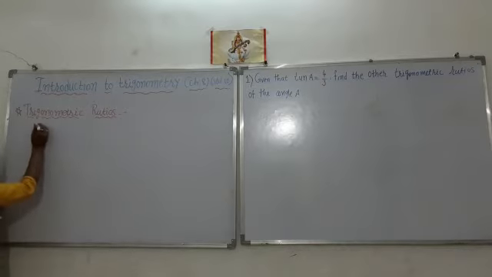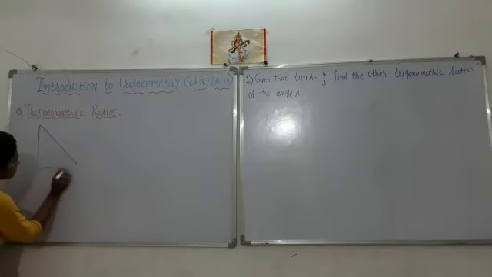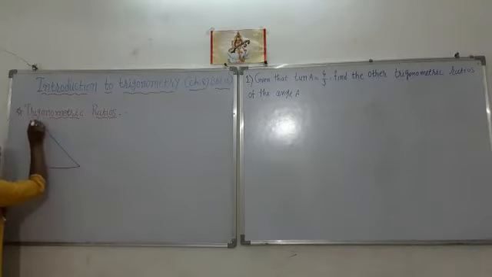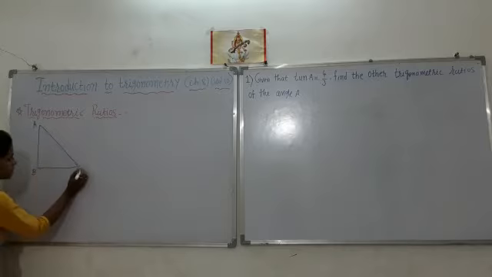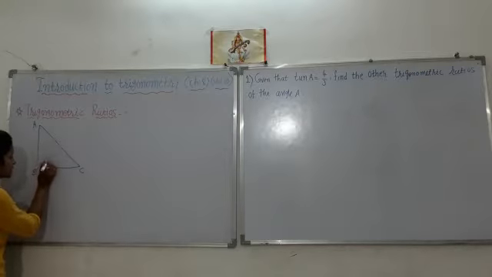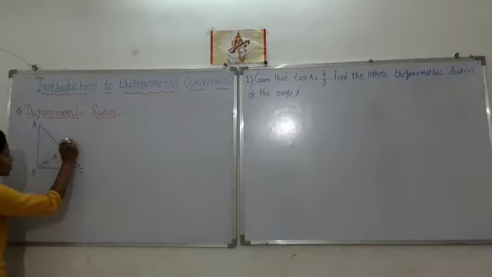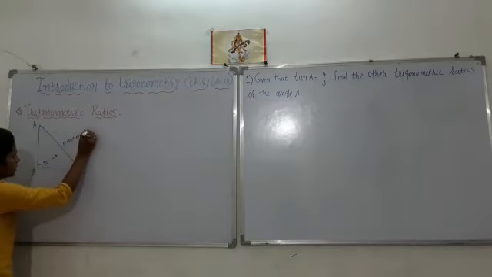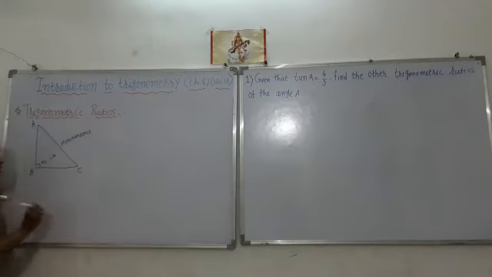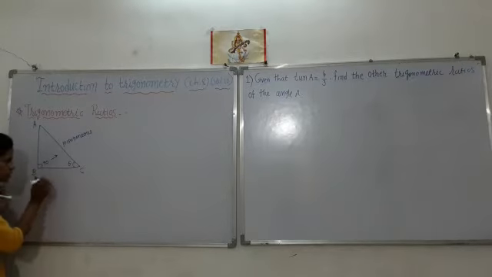In this right angle triangle ABC, this is a right angle, that means 90 degrees, and we all know 90 degrees' opposite side is called the hypotenuse. Now suppose I take this angle C as theta, so this is called